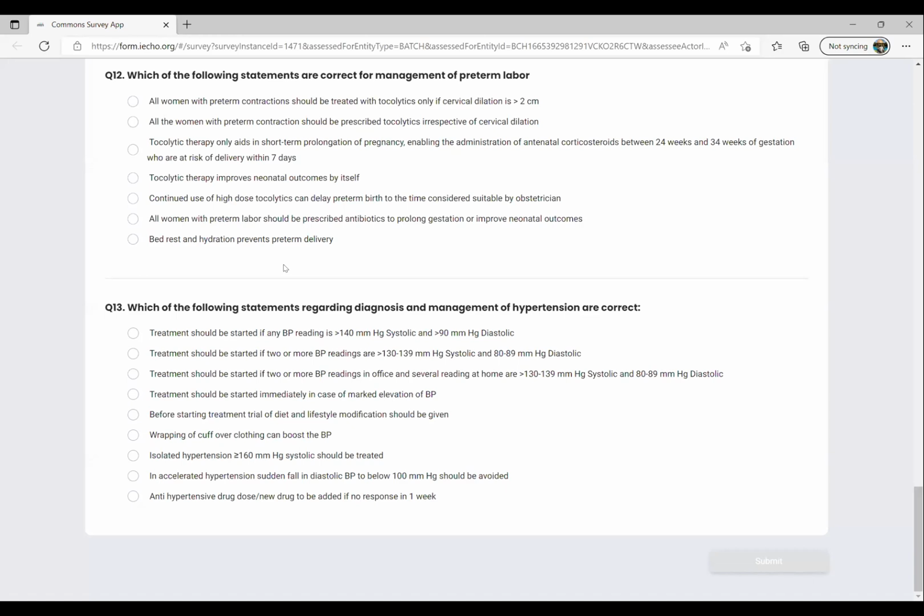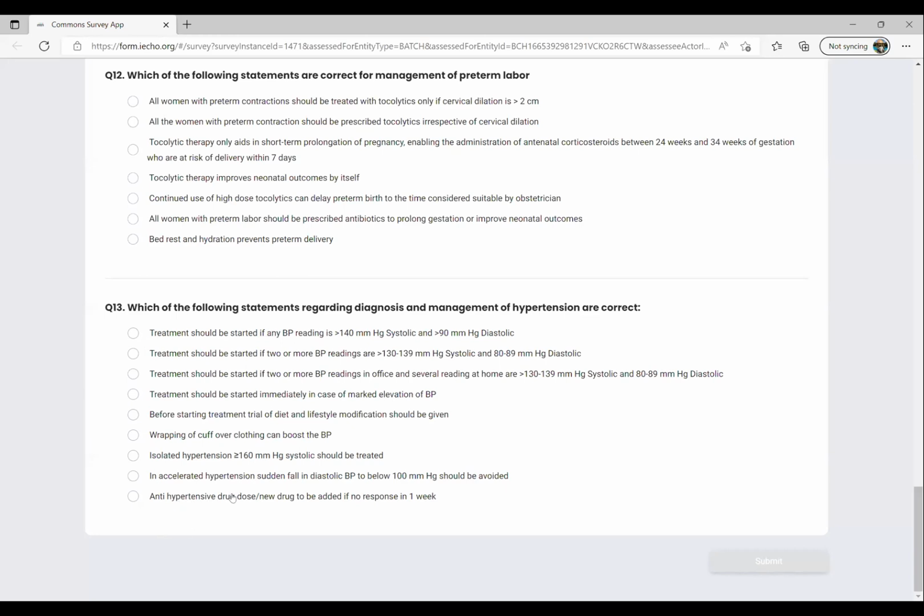And remember that BP fluctuates throughout the day, so those fluctuations would be seen more if the BP is not measured correctly. And of course, isolated hypertension and accelerated hypertension need to be treated with antihypertensive drugs. The last option, any